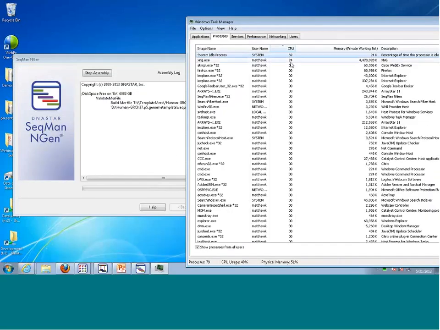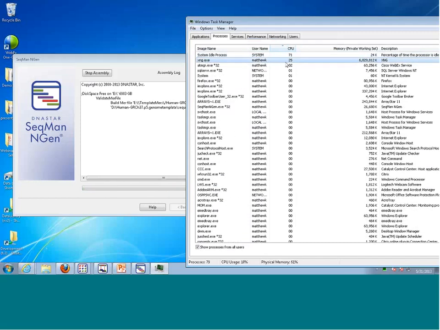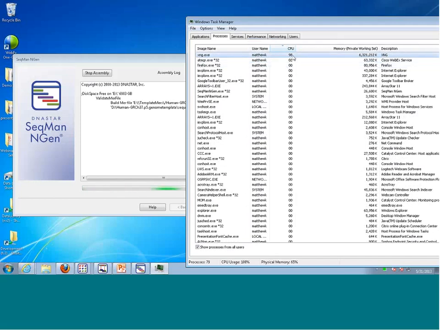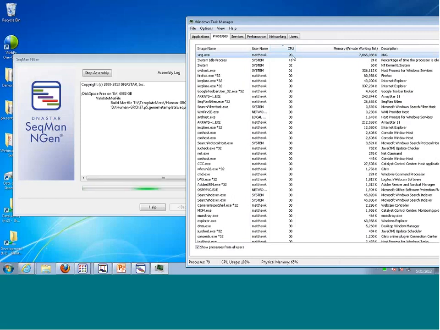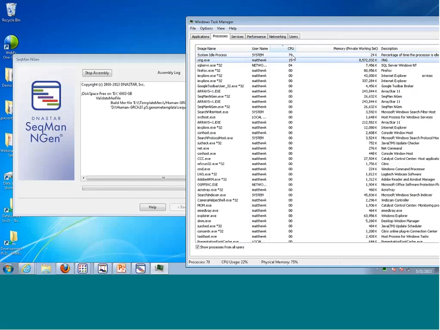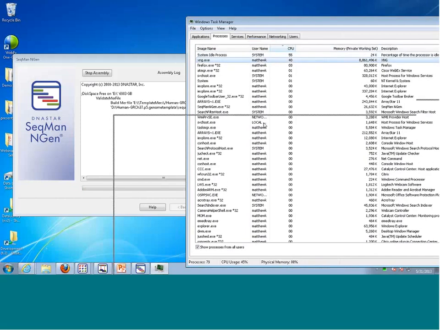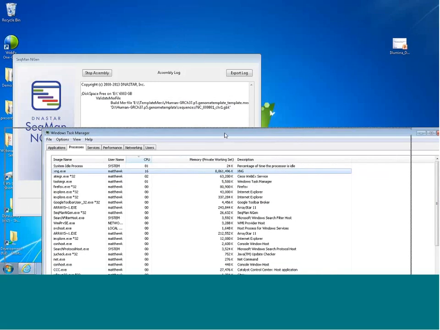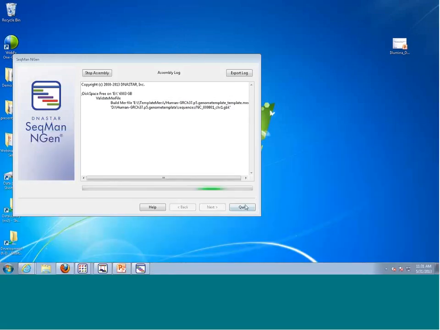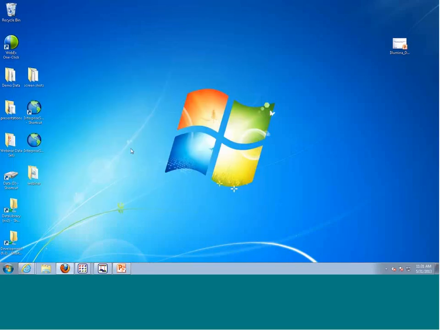I also like to keep my task manager open, and we can look at the CPU usage. Just to show you how the hardware is utilized, right now it's 98%. So I'm risking disruption in my webinar here a little bit, but the software is optimized to use every bit of hardware, at least initially while it's processing the majority of the data. So it's highly, highly optimized software. It's using a nice chunk of RAM, and it'll get you the fastest possible assembly on the hardware that you have. So I'm going to stop this assembly, and the output then can be opened in the SeqMan Pro module